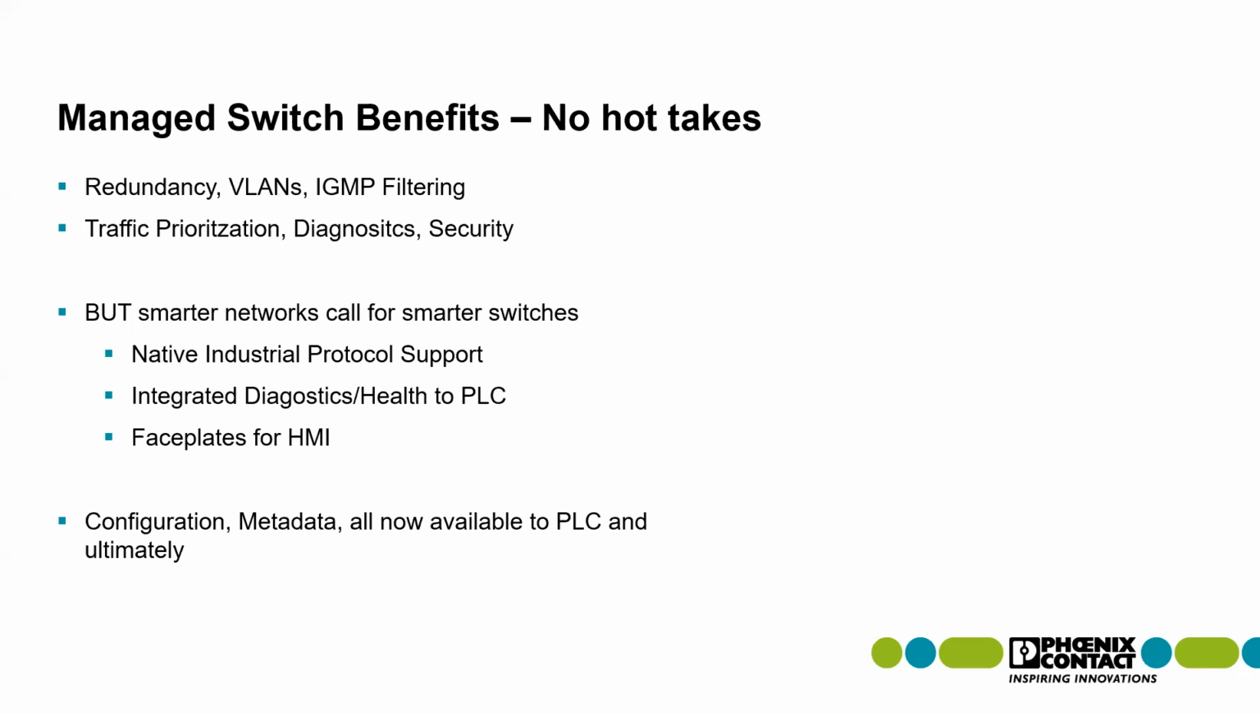VLANs is simply a way to segregate traffic that's on the network. So some people use them for security. A lot of people use them for traffic management. IT use them all the time. So when you're interacting with IT or connecting directly to an IT network, if you don't have a VLAN, they really absolutely won't want to talk to you. And then IGMP filtering, just a way to filter multicast traffic that's very common with an Allen Bradley Rockwell